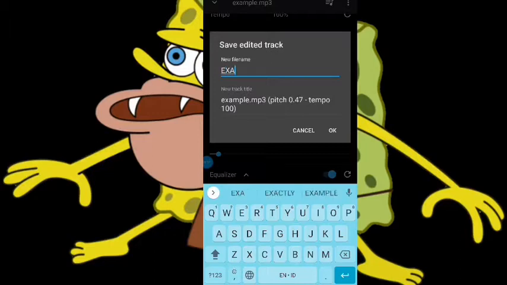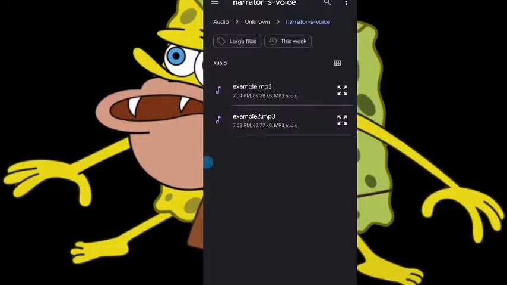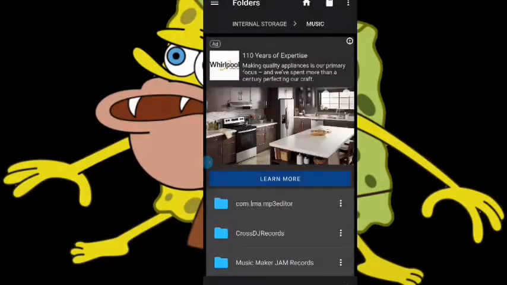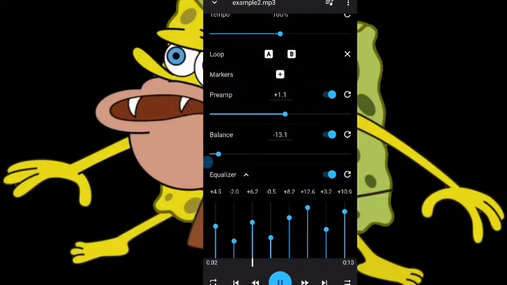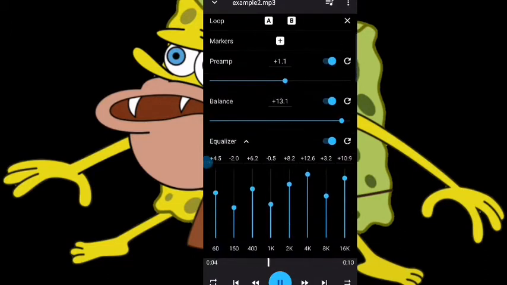Yeah, so basically you're going to want to make one way with the balance to the right and one to the left. That's pretty self-explanatory, but a good idea is to adjust the equalizer differently on both of the audio files so that there's a good contrast between not only the left and right balance and the pitch, like one being slightly lower